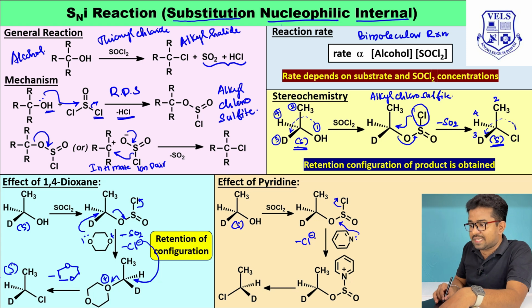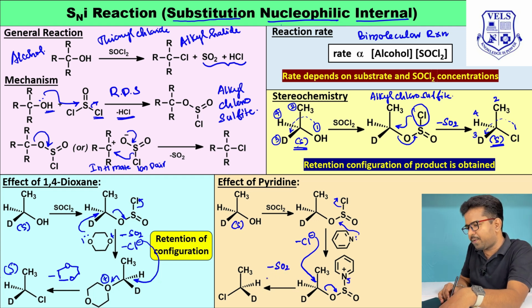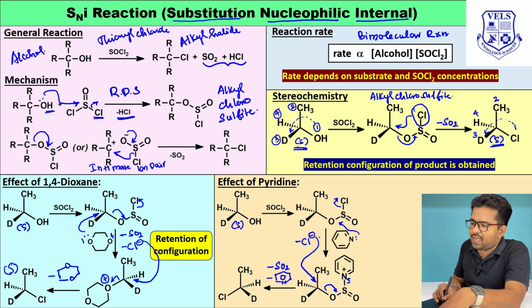Now this part becomes a leaving group, and it is present on the right hand side. The nucleophile here, the chloride ion, attacks from the left hand side, the opposite side. This chloride ion comes and attacks here, and as a result this carbon-sulfur bond is broken, and the electrons move towards the nitrogen atom. Sulfur dioxide is removed, and pyridine is also removed,